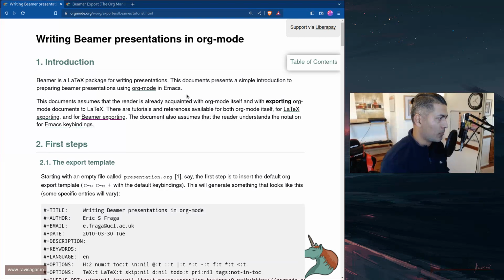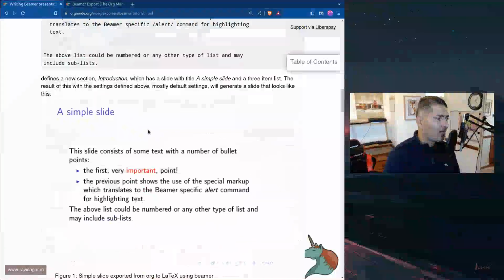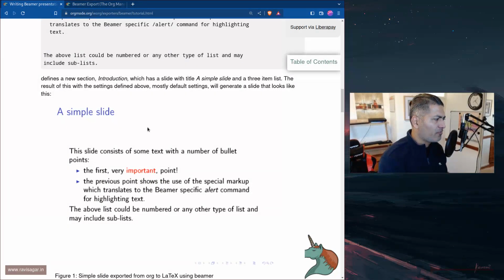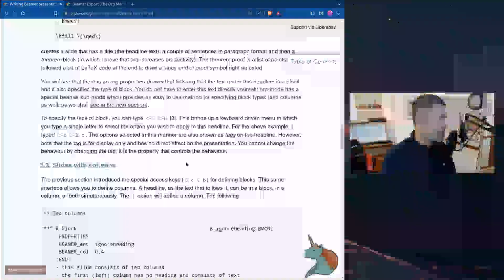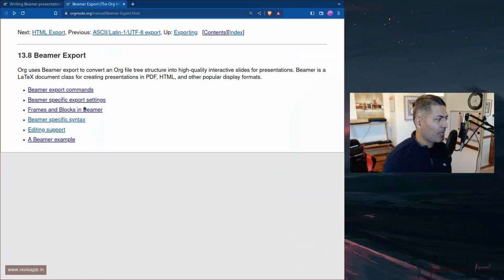For example, if you look at this documentation, just like any other feature of org mode, using Org Beamer is not really org mode. I think you can use Beamer without org mode, because I think Beamer is like a package in LaTeX, if my understanding is correct. And org mode will of course make it easy for you to maintain it using org-based files. So you can refer to this tutorial on their website, and at the same time you can also read